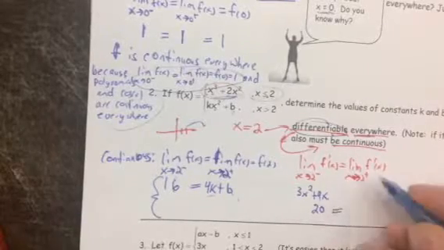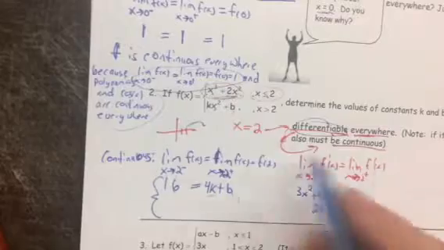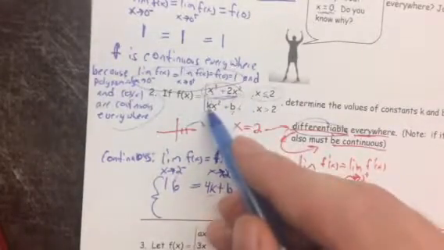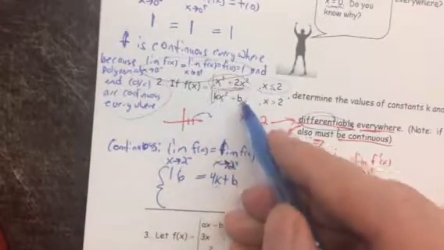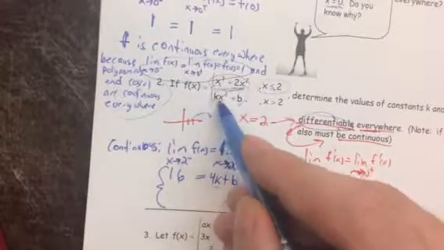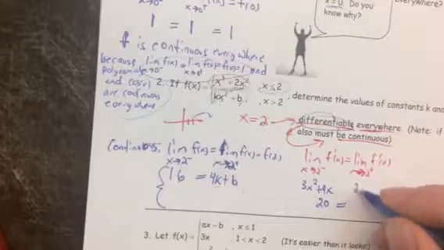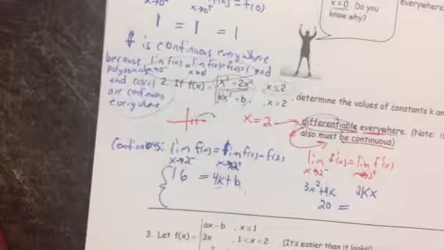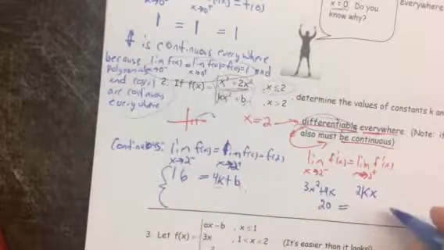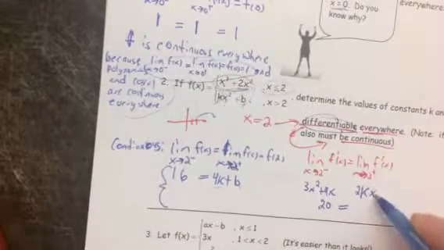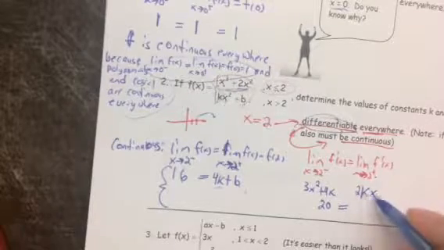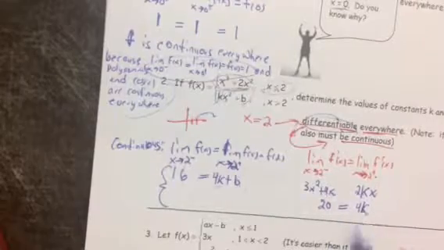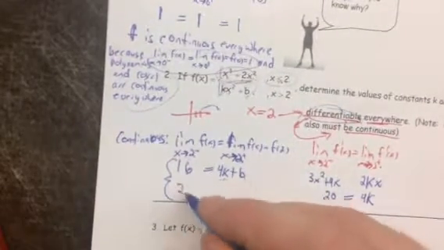And that needs to equal the derivative from the right. As we approach from the right, the derivative of k and b are constants. You can think of them as like 7 or 3. The derivative of a constant times x squared is going to be 2 times that constant times x. The derivative of x squared is 2x times the constant. The derivative of b, the derivative of a constant, is 0. And when we plug in 2 for x, we'll get 2k times 2, which is 4k. So 20 equals 4k. This is a particularly easy system of equations